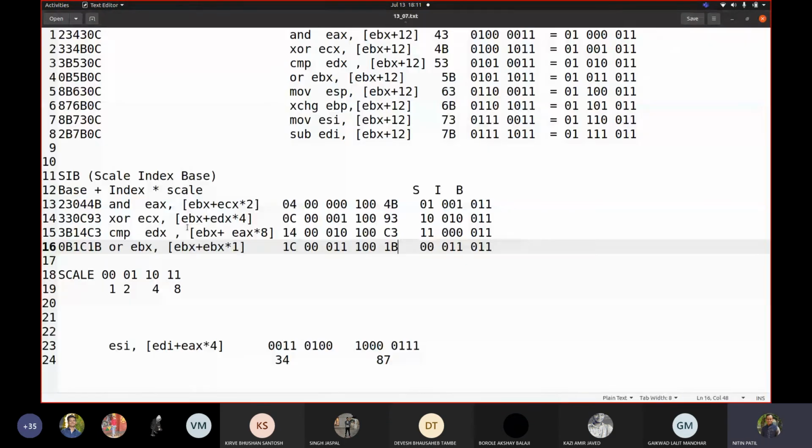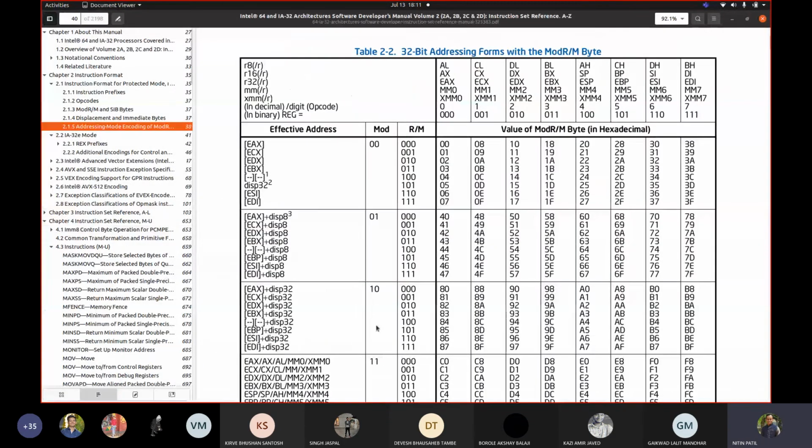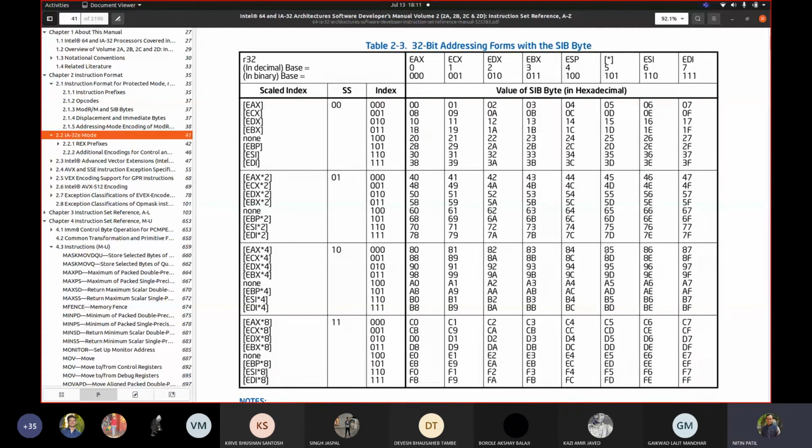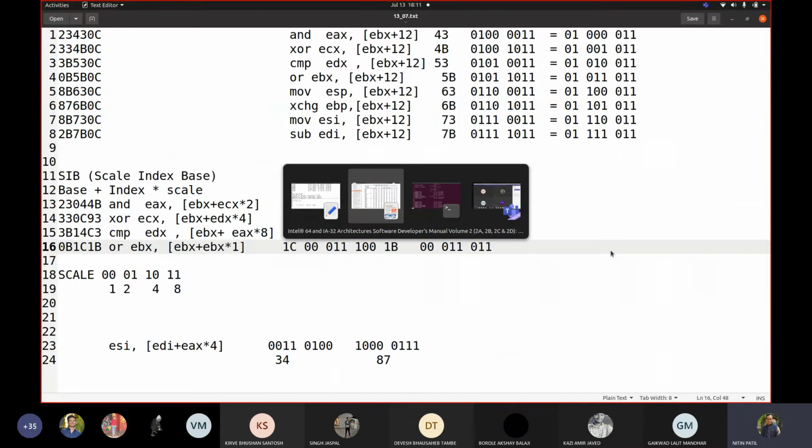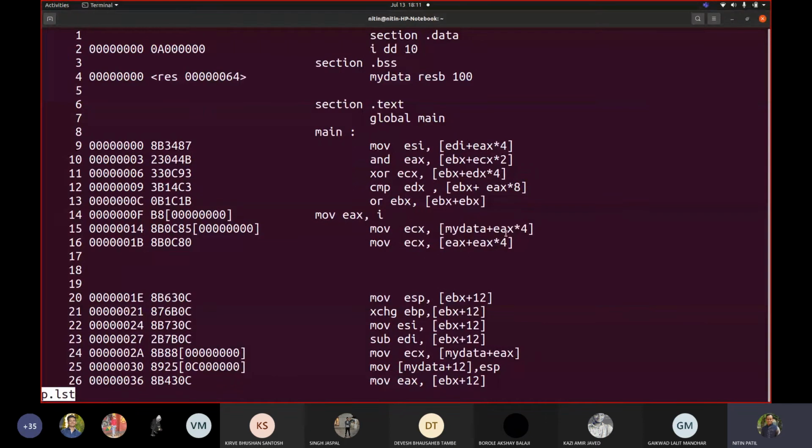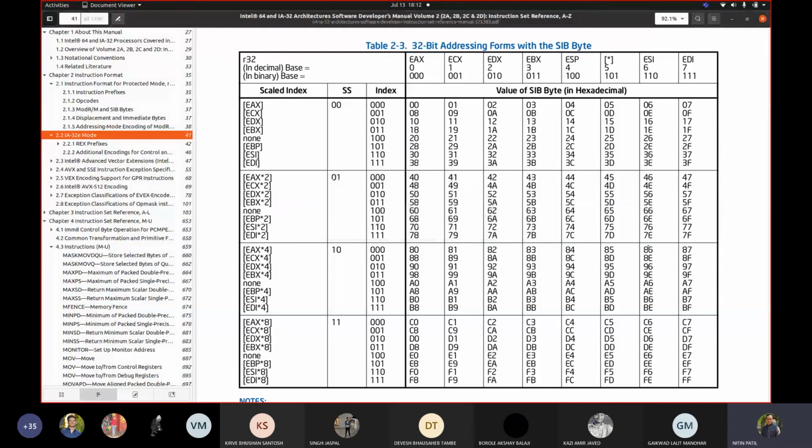So for mod RM, we wanted 85 here. So 85 is somewhere here. We got this 85. And we know that if I change this register multiplicative factor in this instruction, instead of EX, if I take something else, then I can definitely get that whole thing with respect to the register. If I change this register to EBX, say for a while, I should be able to get this. If I get ECX, then 8D, EDX, then 95, EBX, then this.